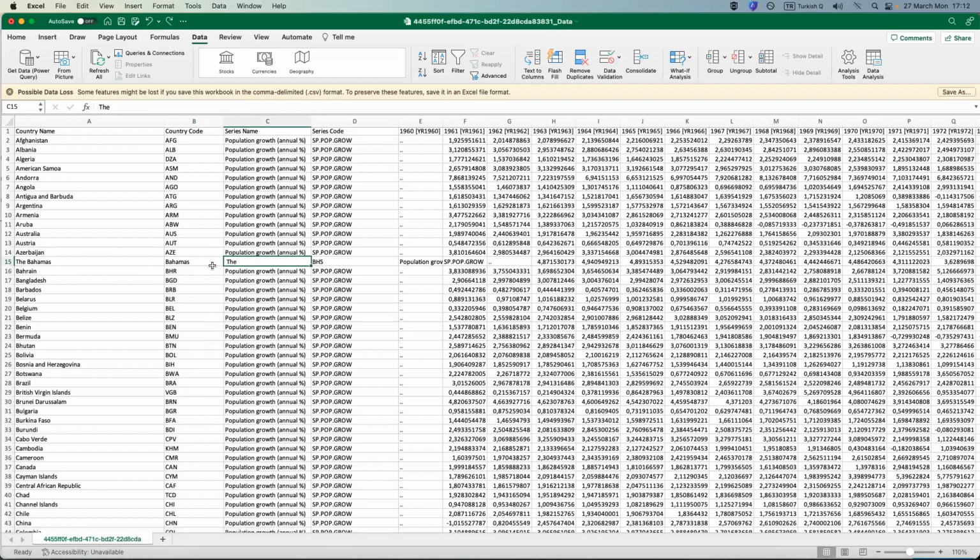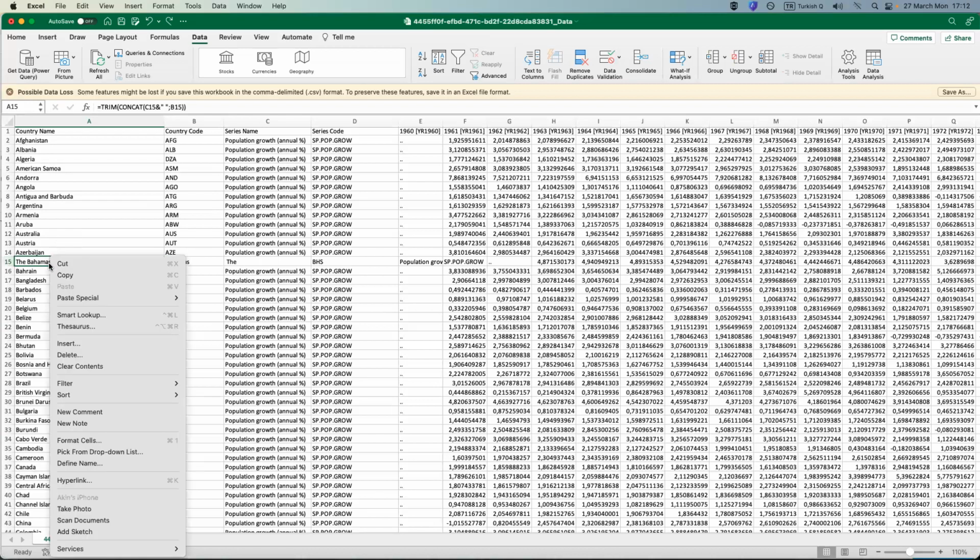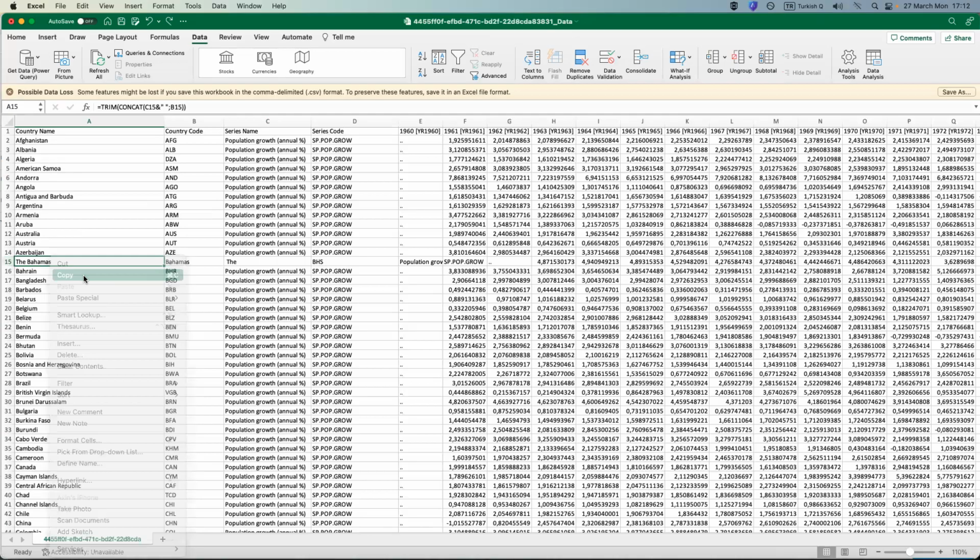So for the Bahamas to exist here, the trim concat function requires C15 and B15. If they don't exist, then this formula is gone. So in order to make sure that this doesn't go away, I copy this,